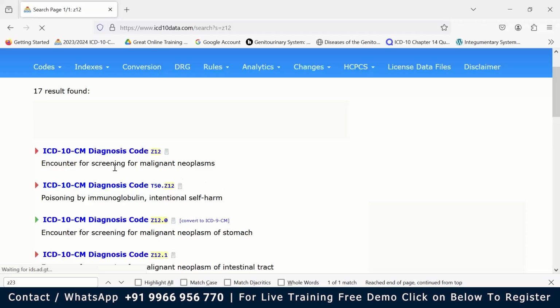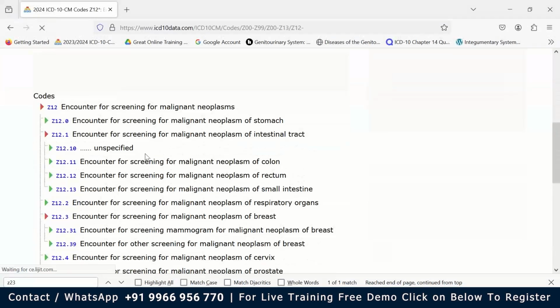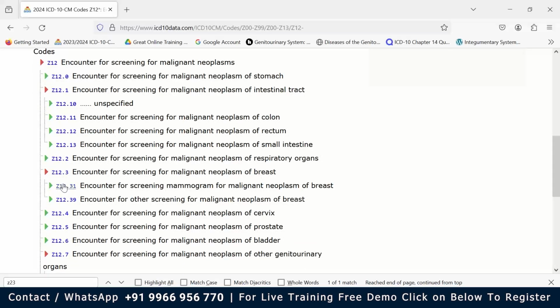You can see here, encounter for screening for malignant neoplasm. So many codes are there. Z12.10 is unspecified, Z12.11 is encounter for screening for malignant neoplasm of colon, rectum, small intestine, and you can see here Z12.3 encounter for screening for malignant neoplasm of breast. Z12.31 is encounter for screening mammogram for malignant neoplasm of breast, and Z12.39 is encounter for other screening for malignant neoplasm of